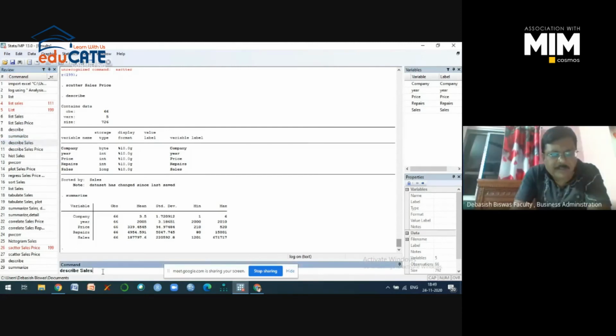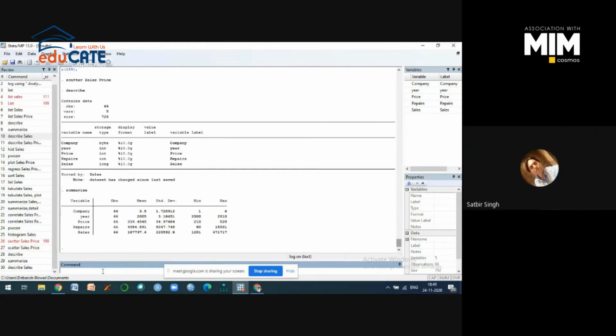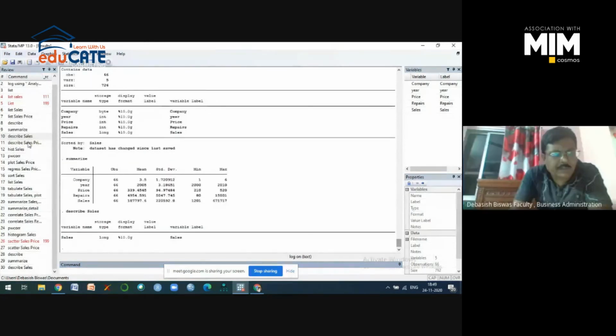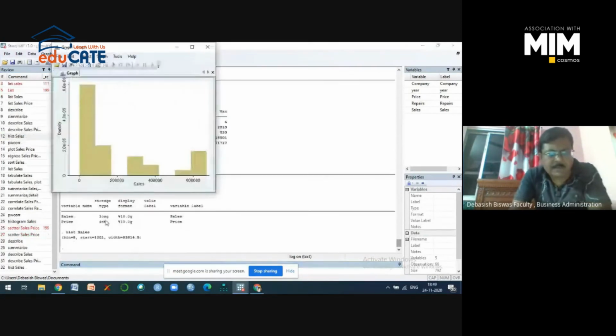Yes, describe sales. So only this particular variable will be described. Understood, sir. So describe sales and price, two variables. Then two descriptions will be given, sales and price. If you want to know the histogram of a particular variable, suppose we have considered sales, then just the histogram will